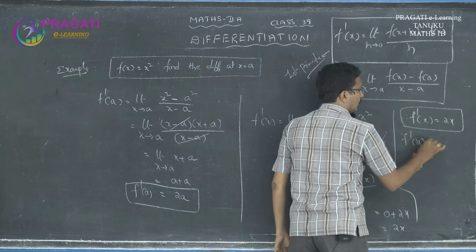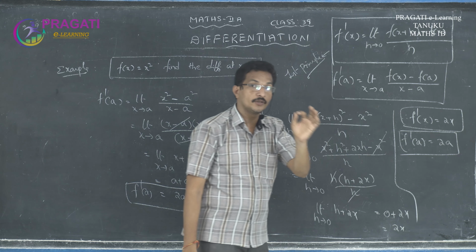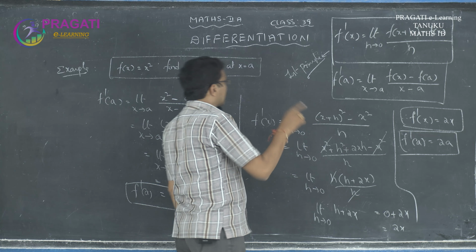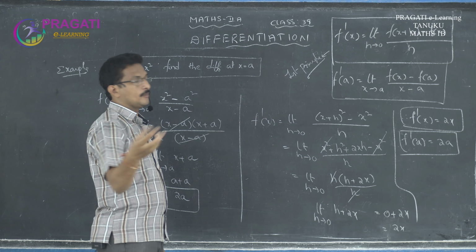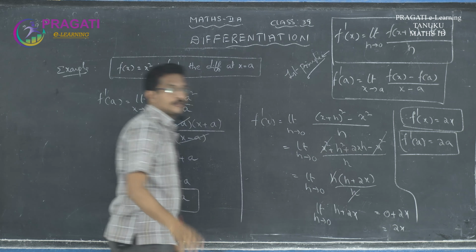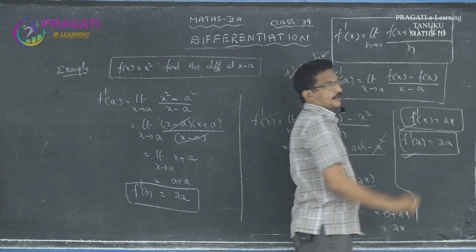Okay, students, you observe that here at x is equal to a means we use the formula. And one more formula is this one. Here it is the general derivative. Here f dash of x is equal to 2x. At x is equal to a means put x is equal to a. At x equal to b means put x equal to b. At x equal to c means put x is equal to c. At x equal to d means put x equal to d. That is, here it is the general derivative. Put x equal to a, then we get the answer.